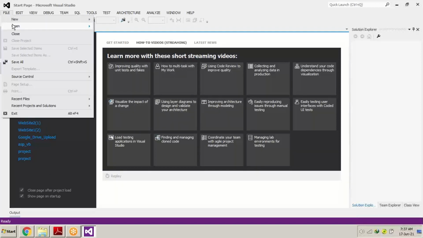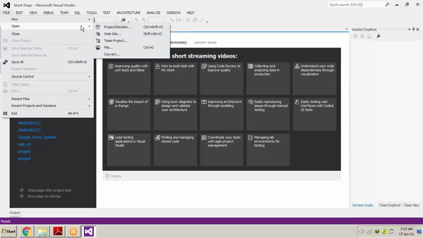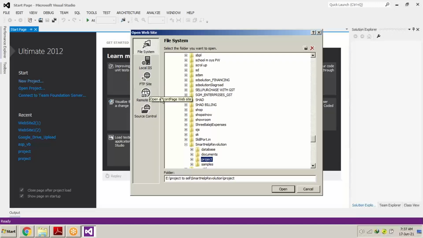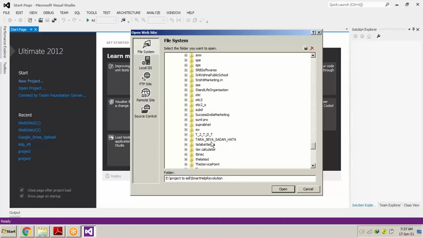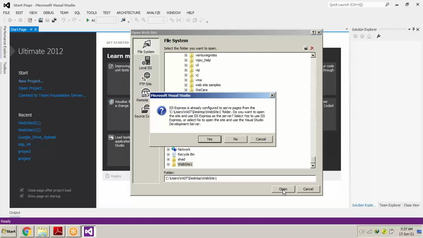Yesterday, remember, we made a small web application by going to the new menu and selecting website. Now what we will do, we will go to the open button and go to website, because we are opening the existing website. So in here, our website is website 1, and we will select open.